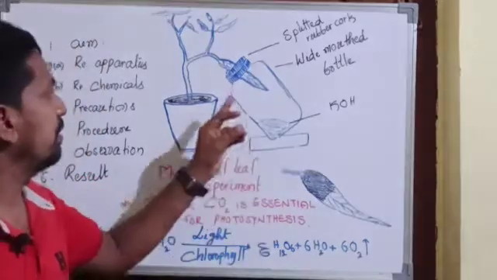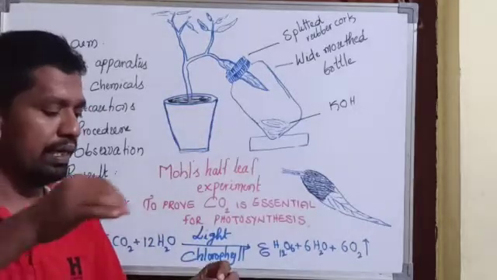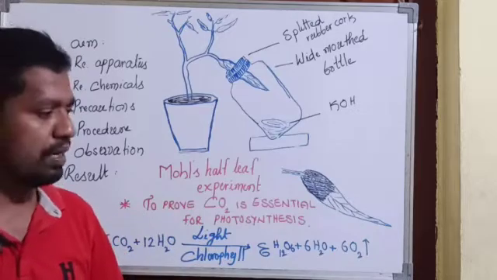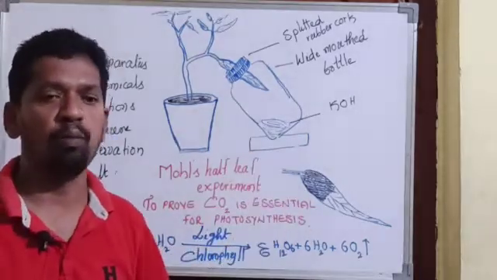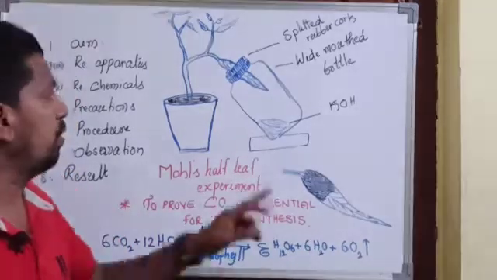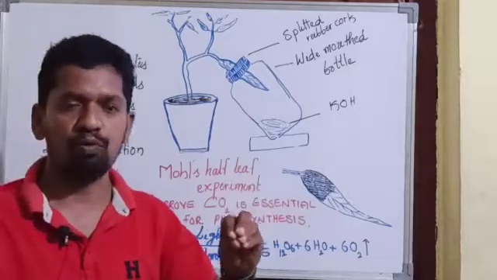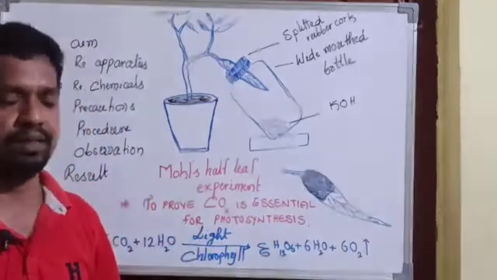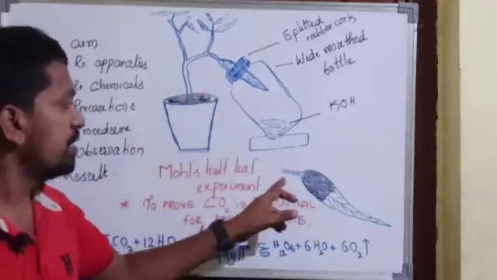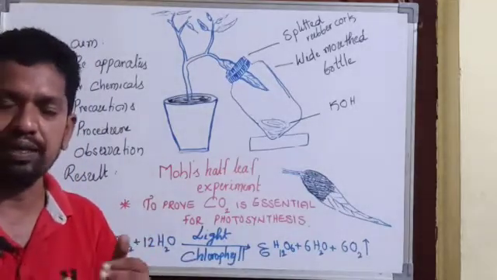After 3 hours, remove the bottle and detach the leaf from the plant. Insert it into a test tube containing methylated spirit, transfer it into a beaker containing water and boil for some time. Due to the boiling water, the leaf becomes colorless and soft by dissolving the chlorophyll in the methylated spirit. Then, with the help of forceps, take the leaf out and stretch it in a petri dish. Then pour a few drops of tincture iodine. Then observe it.